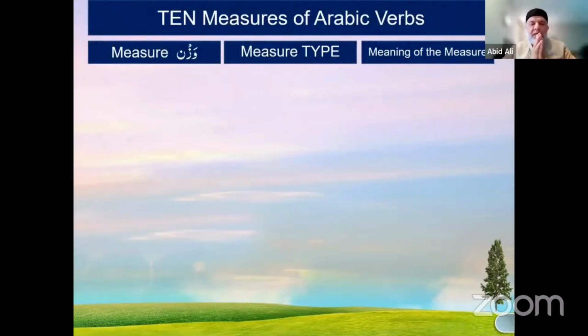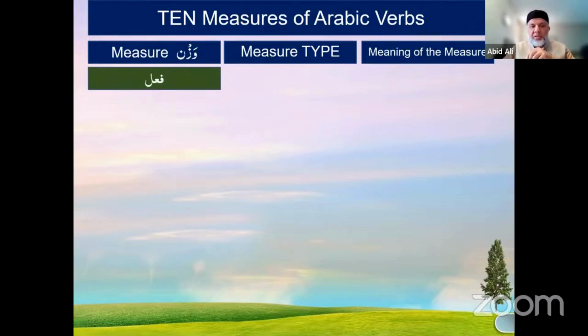Okay. So when we are dealing with verbs, we have to deal with a few things. We have a measure called wazn, and in plain English, we can call it a pattern. For example, we will find verbs in the Quran on the pattern of fa'ala. This is one of the forms, and the most used forms in Arabic are 10, but there are more than 10. But if we can learn the first 10, inshallah, we will be successful.